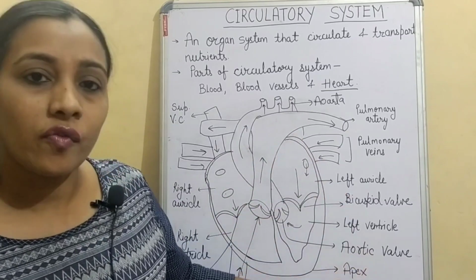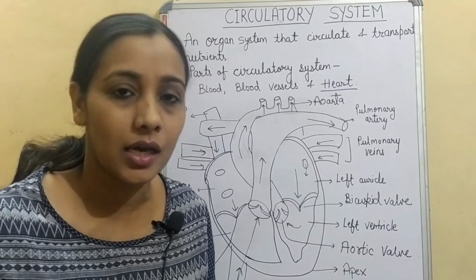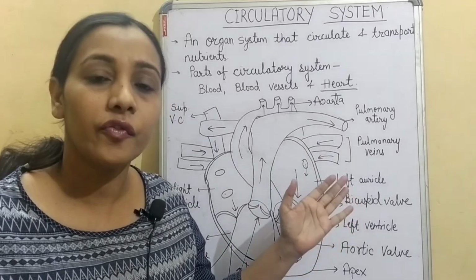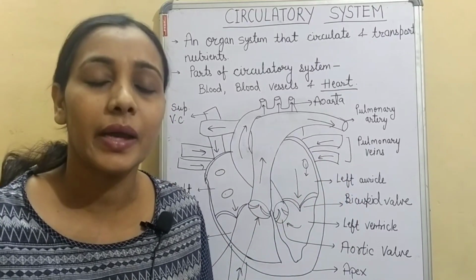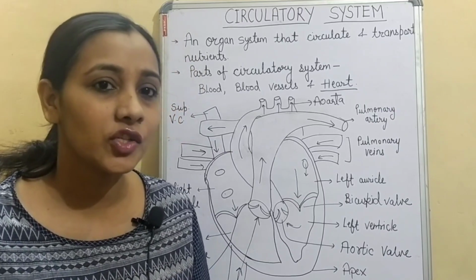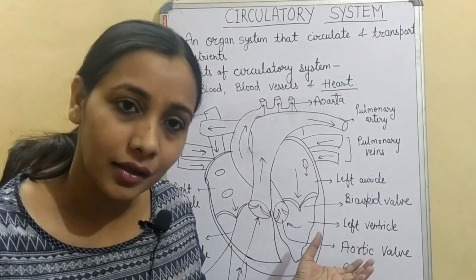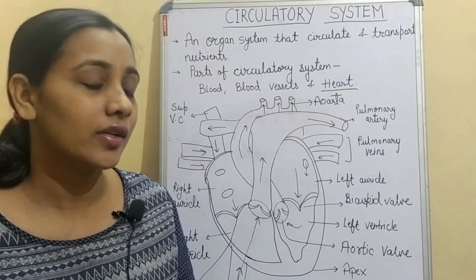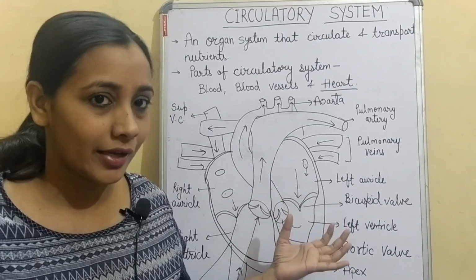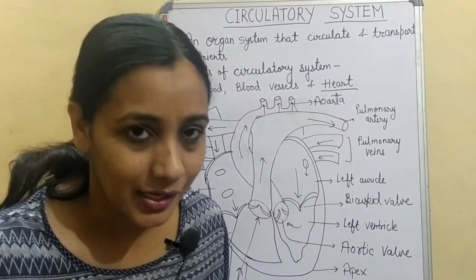So for the protection of heart, a layer around the heart is present, that is known as pericardium. Okay, now between the pericardium layers a fluid is present, that is known as pericardial fluid. Now this fluid has two functions. The first function, it provides protection of heart from mechanical injuries, and the second function is, as we all know, it is a muscular organ, so it always contracts and relaxes. So this pericardial fluid helps in contraction and relaxation.